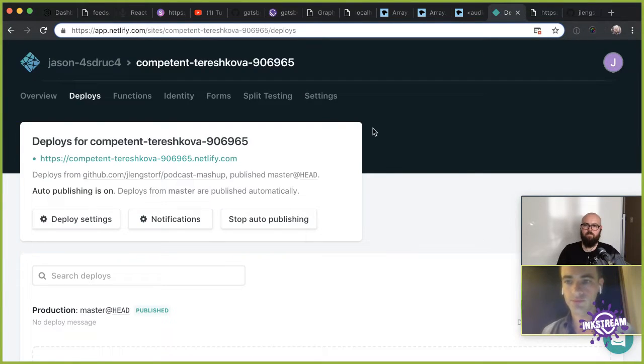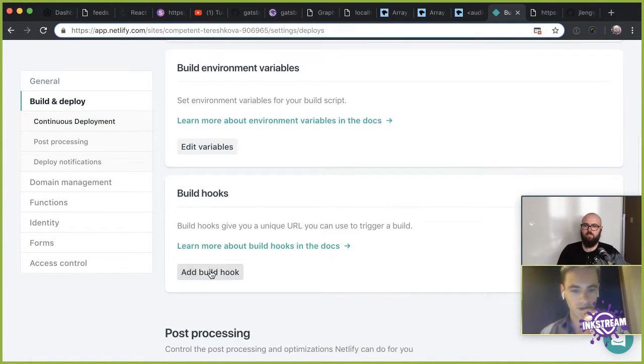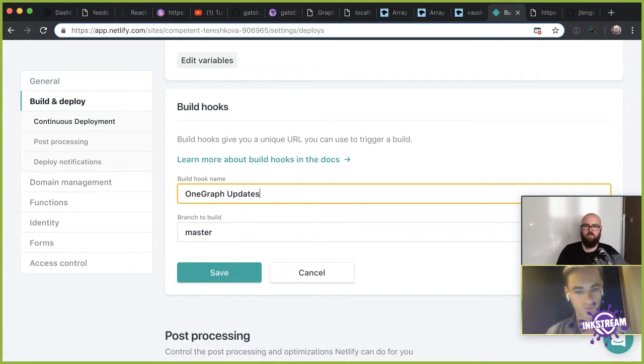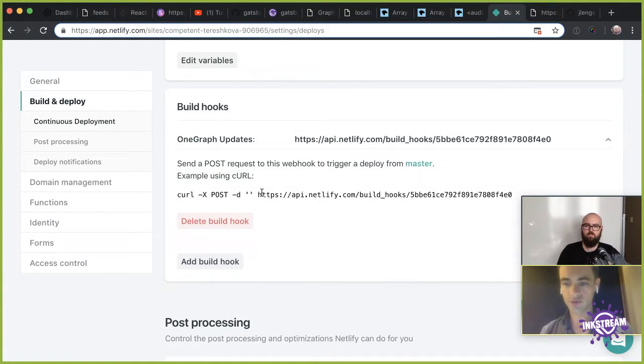Okay. And I think what we can do is you can go to deploy or settings. Let's just go to deploy settings, and then there should be a build hook. Let's add a build hook and give it a name. Perfect, yeah. And if you copy that over to me,